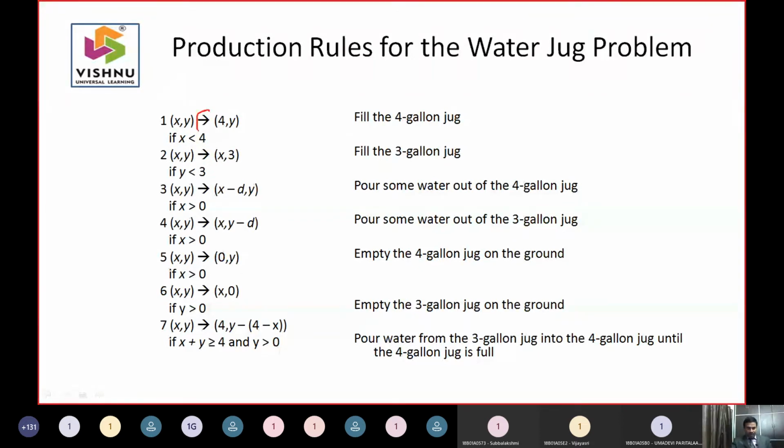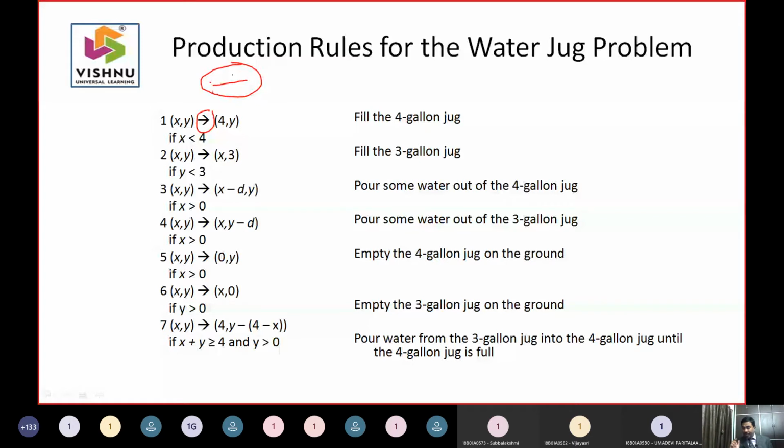So if you replace this arrow with this symbol, this is how you represent a production in Prolog. Once you write the productions, you're writing the knowledge, and you're obviously creating a rule. That is the reason we are representing the entire knowledge in terms of rules and productions. Rules are very important because you have a control strategy which can move from one state to other state, but the governing things are the rules.